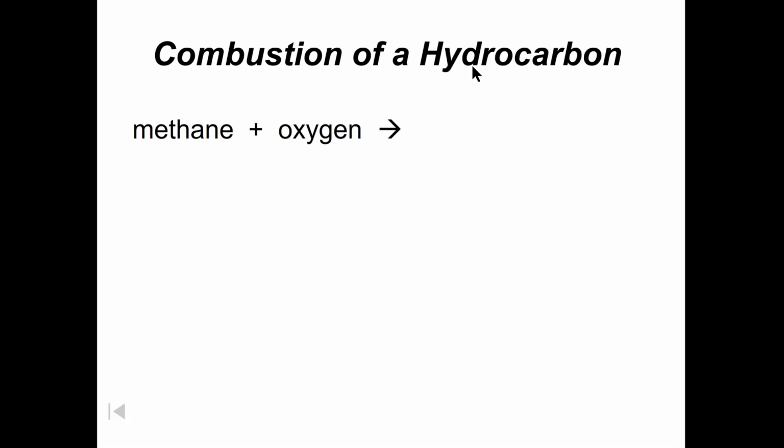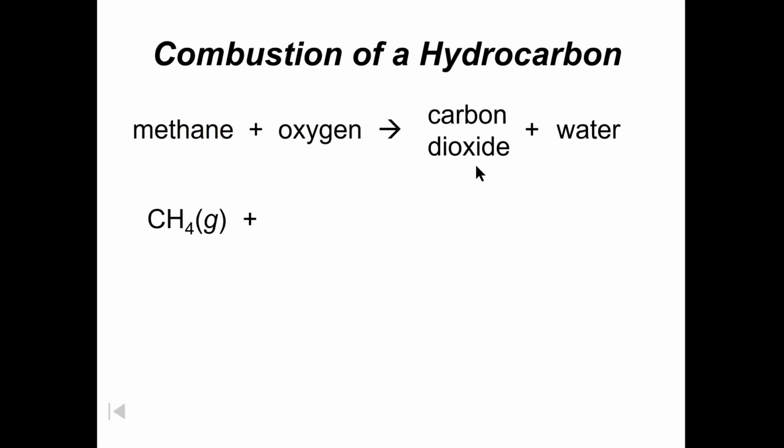So let's look at the combustion of hydrocarbons. This is very popular. So gasoline is an example of a hydrocarbon. It's nothing but carbon and hydrogen chemicals. But when they combine, in the presence of oxygen, such as in your automobile, what blows out the back pipe is carbon dioxide, and you get some water. Okay, so these are what you call the products. Carbon dioxide and water are the products of the chemical reactants, methane and oxygen.